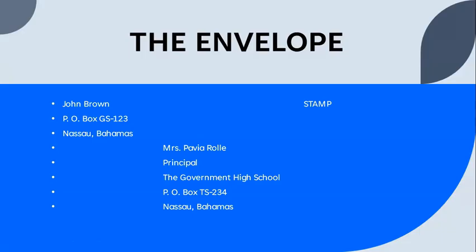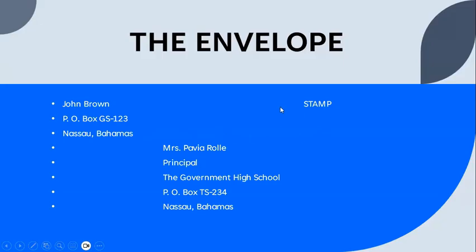You will put your name. Remember, John Brown was the one who wrote the letter. So you're writing his name on his P.O. box, and you're going to go to the middle of the envelope and write the receiver's address, which is the inside address, and it goes here. The only thing you don't put on this envelope is the date. The stamp, don't worry about the stamp. The stamp will be drawn for you on the envelope already.